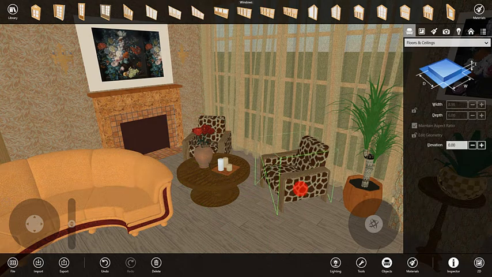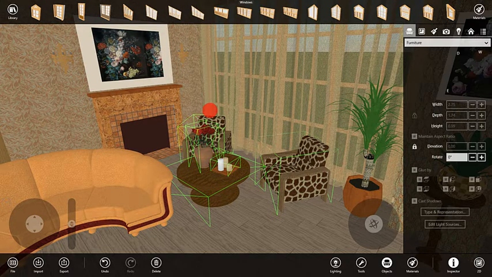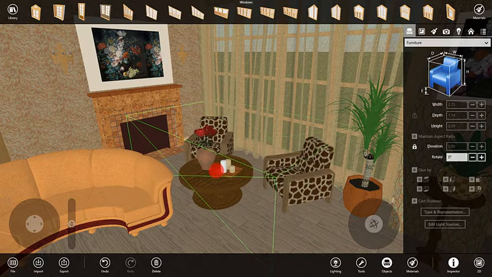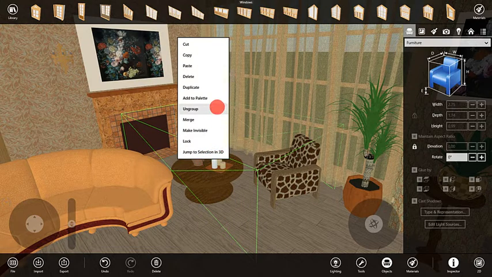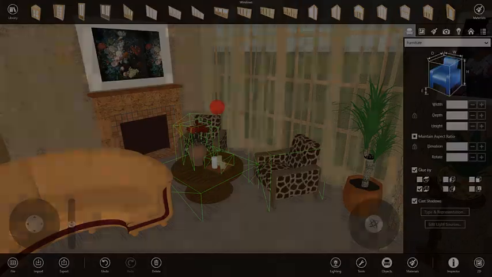The program supports grouping objects. To create a group, you need to select several objects, right-click on one of them, and then choose Group in the context menu. Grouping lets you move and rotate objects together so that they always maintain the same distance. To separate the grouped objects, select Ungroup in the context menu.